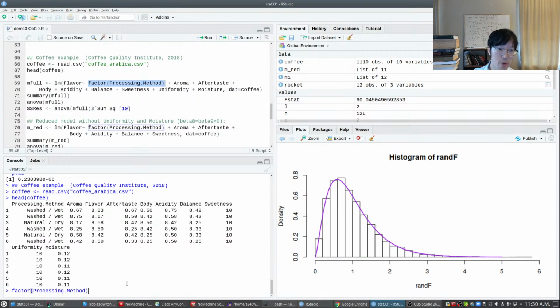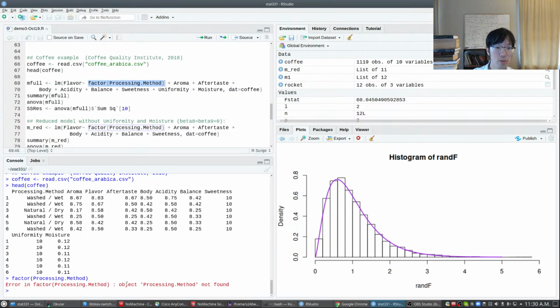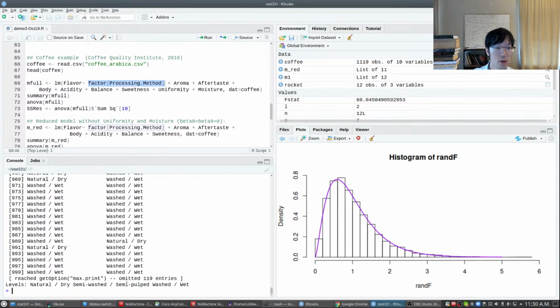If I do it individually, I need to put coffee here. So it'll tell you that indeed there are three levels: natural and dry, semi-washed, semi-pulped, and then the last one is washed or wet. Okay, so it detects that there are three different levels or categories of this variable, and then when you put this into the regression model, then this will